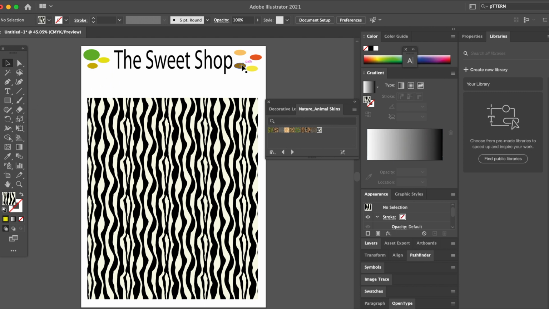Let's use these ones here. One, hold down Alt. One more time. I'm holding down Alt. So let's have these as different colors. Right click, group,